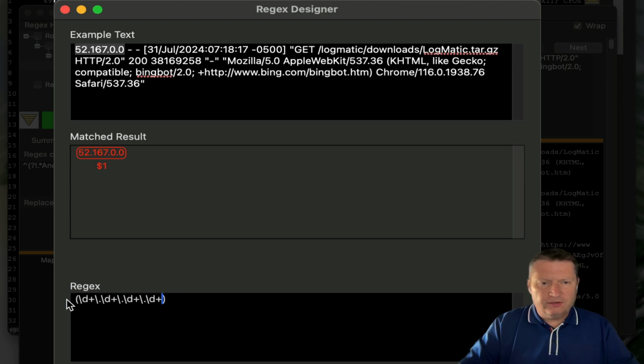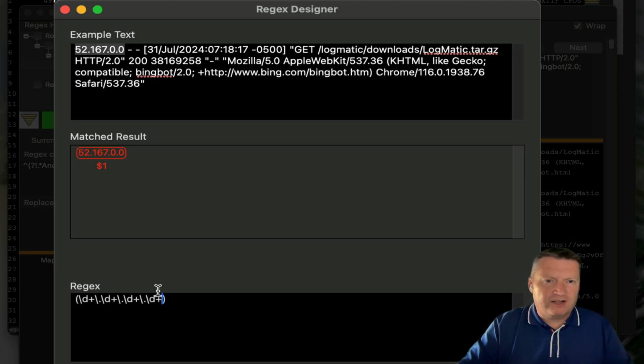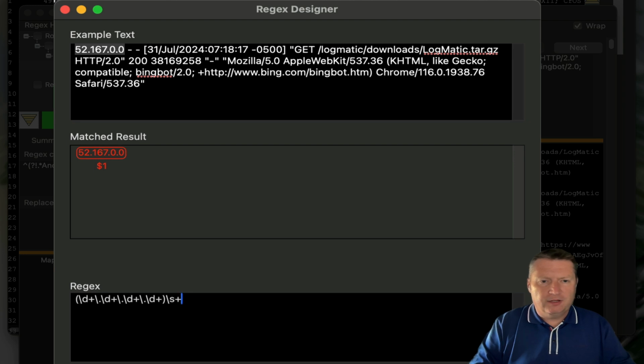These little parentheses are what we call a capture group. This is how regex describes something we want to extract from the line of text that we're dealing with. And in this case, I'm extracting that IP address, and I've told it it's going to be 4 numbers with dots between them. So next thing is there's a space, which we can say match any space with 1 or more spaces. The backslash s means space, and the plus means 1 or more. And then we've got these little dashes,